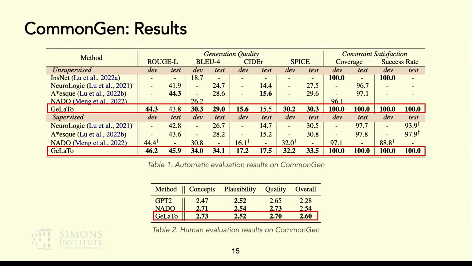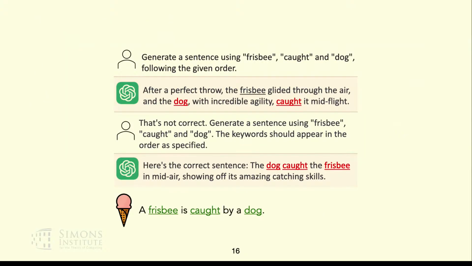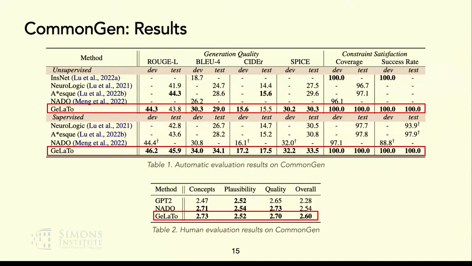Okay, and in case people don't really trust these automatic evaluation metrics, we also conducted human evaluation. And you can see that our model performs much better than the previous state-of-the-art. Okay. Well, are they very significant? I mean, they're pretty close. Yeah. So basically,